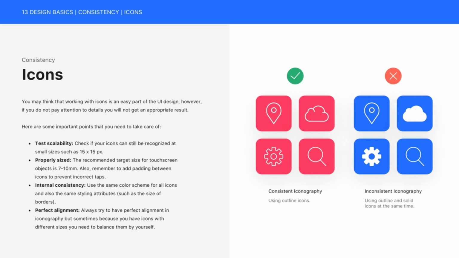Number 4. Perfect alignment. Always try to have perfect alignment in iconography, but sometimes, because you have icons with different sizes, you need to balance them by yourself. If you look at the picture on your right, you can see that we have two different groups of icons. In the left group, you can see that we have consistent iconography because we only use outline icons. But on the other hand,